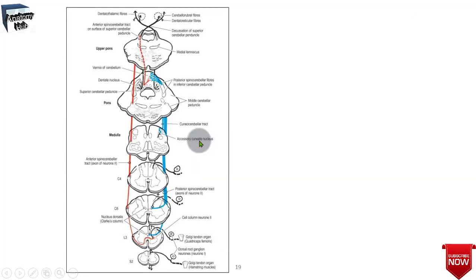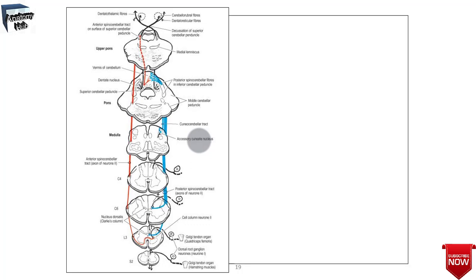So here we will see the pathway, how the fibers reach the cerebellum. The fibers ascend in the posterolateral part of the lateral funiculus, that you can observe here, and that is lateral to the corticospinal tract. So on reaching the medulla,